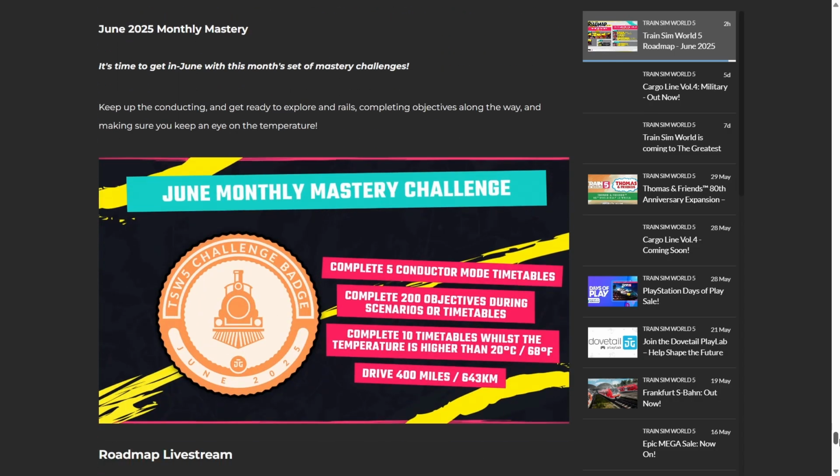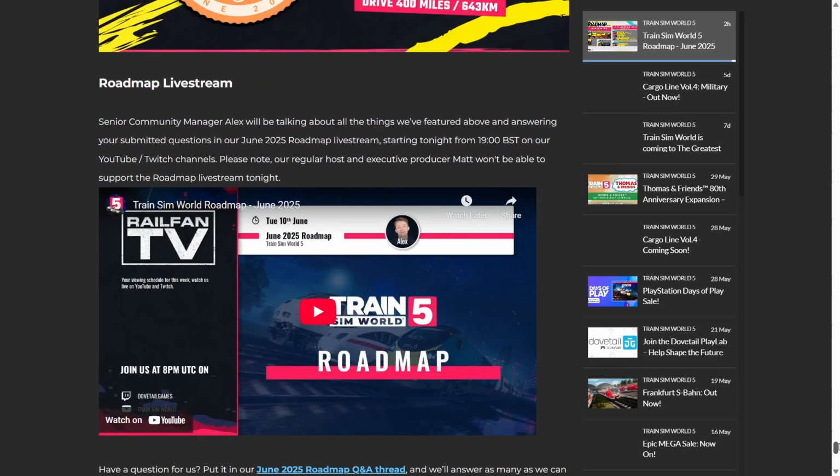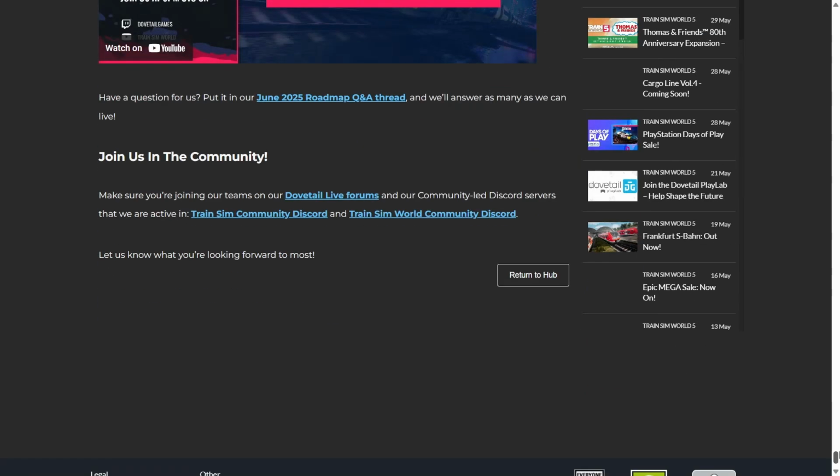We've also got a monthly mastery. In order to unlock it, we have to complete 5 conductor mode timetable services, complete 200 objectives during scenarios or timetables, complete 10 timetables whilst the temperature is higher than 20 degrees Celsius, and drive 400 miles. Then we also have the Robot live stream as well. So yeah,